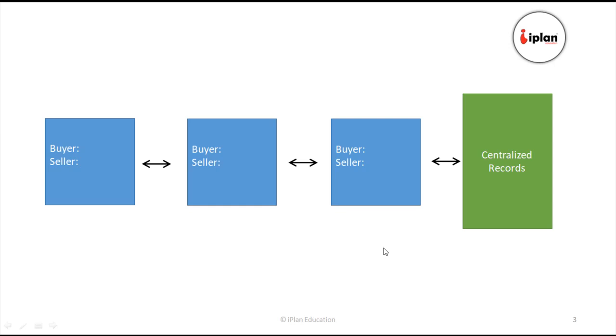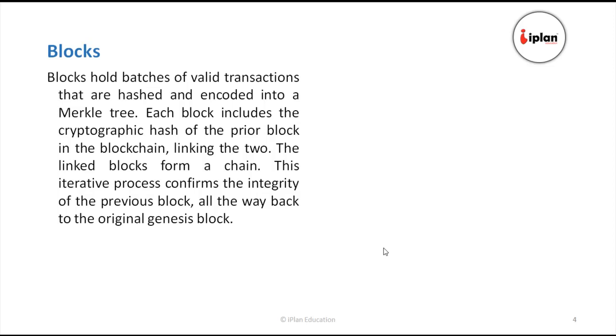Now this problem is solved with the blockchain. Another thing is that every block is connected, and once you change one block or one record, the next block will not link to the previous record. So let's understand how this works. Basically, blocks hold three things: one is the data, another is the hash of the block, and the third is the hash of the previous block. These three things are there on any block.